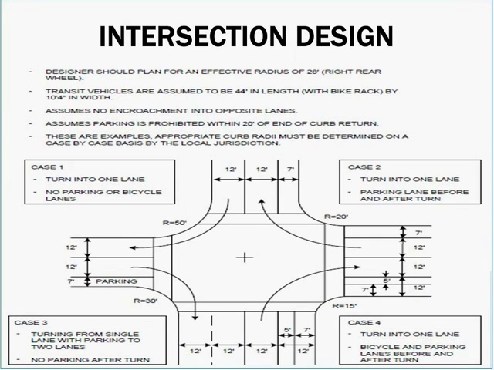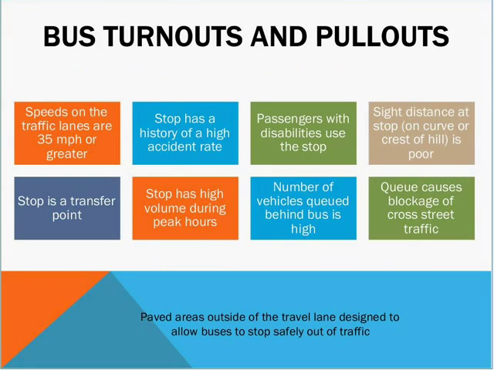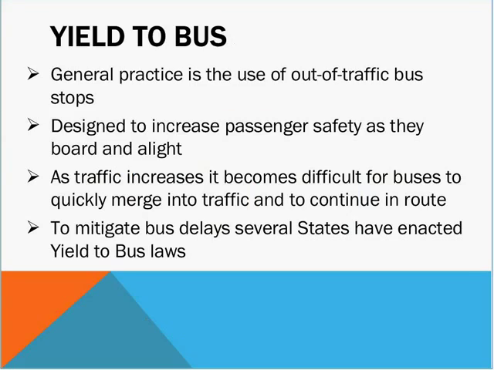And also these are some approaches to what would be an ideal intersection design. Other things that are being done are bus turnouts and pullouts to take the bus out of the traffic queue and make the operation better for the bus and as well for the traffic. This is something that's being tested in a few states right now,